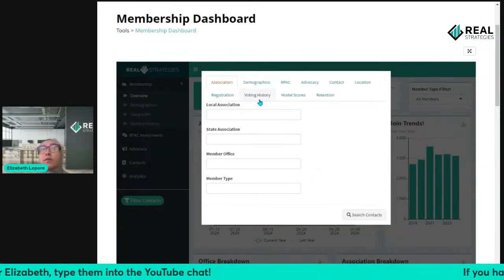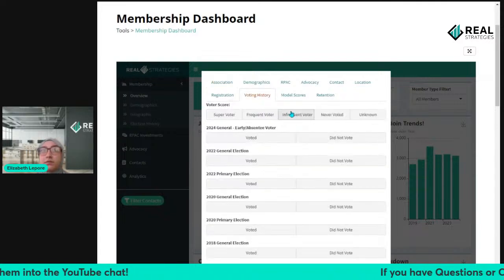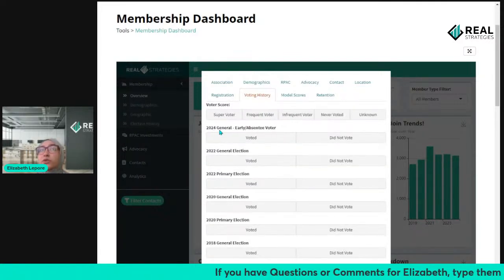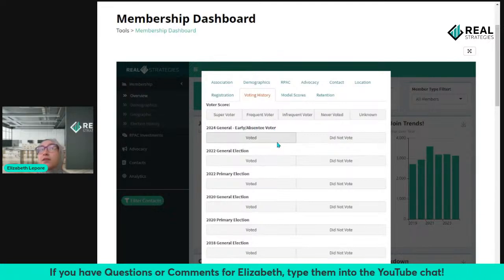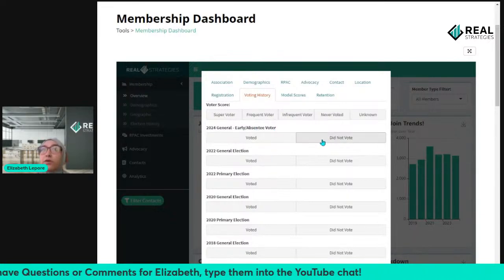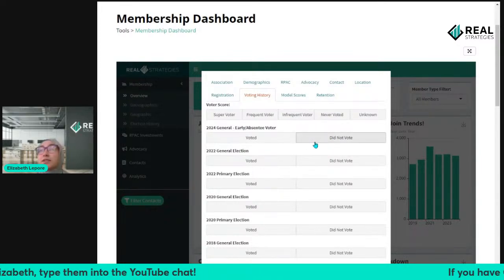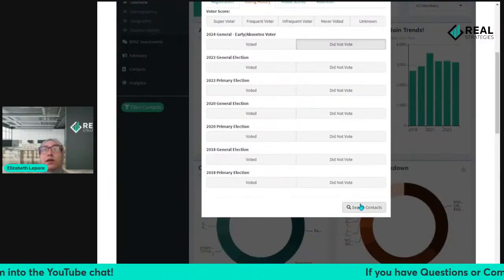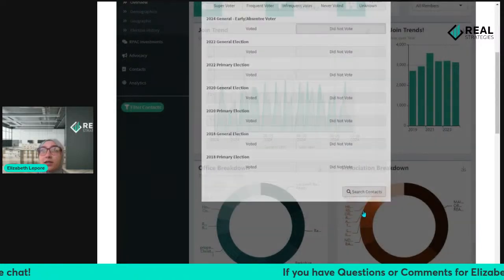Okay, then I'm going to go to voting history. And I see that there's been a new option added, which is 2024 General Early Absentee Voter. I can click for those who have already voted or those who have not yet voted. So if I, for example, did not vote, and I go ahead and search my contacts,